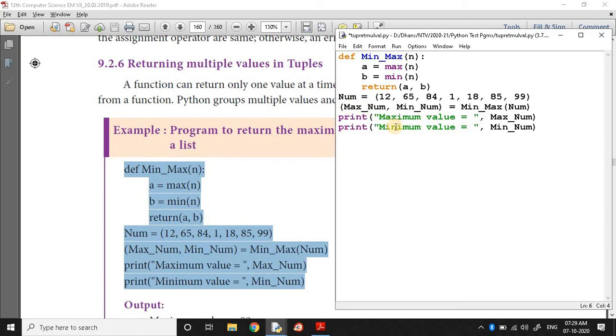So minmax, to avoid confusion, big, small. So big, because minmax is the function.